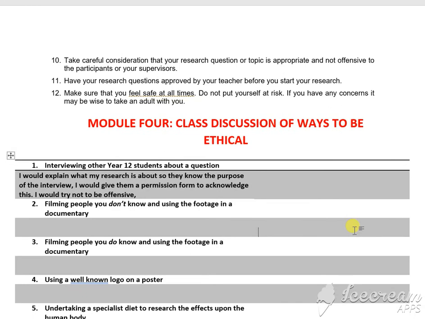So what would we do if we were going to be filming in a place where we want to get some documentary footage? We would probably put up a sign to explain we are filming and what we are filming and why we are filming it. We could also probably blur out the faces, or we could just film the back of their heads. So you can see